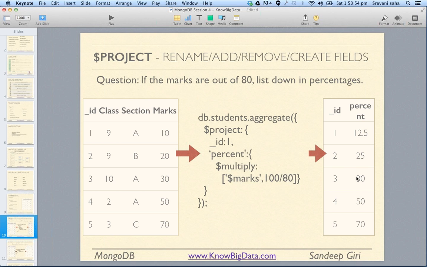In array, can we mention dollar match of filter? Yes,